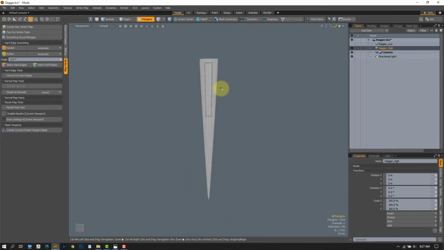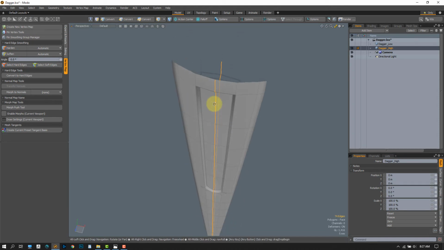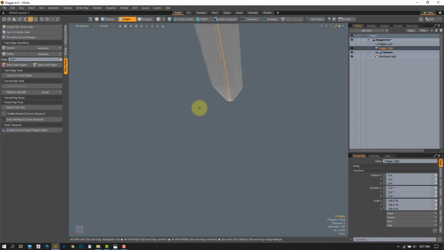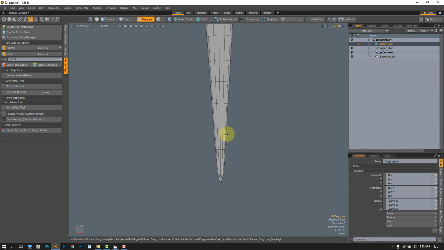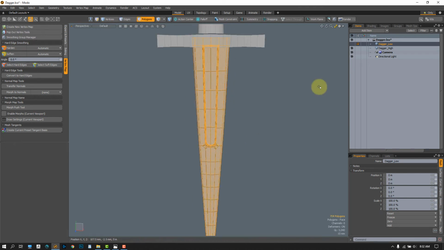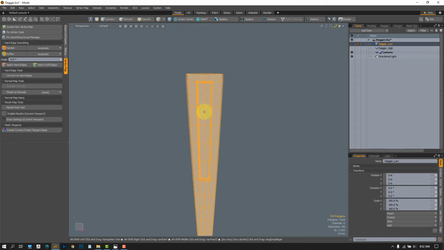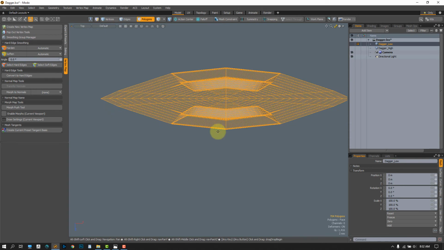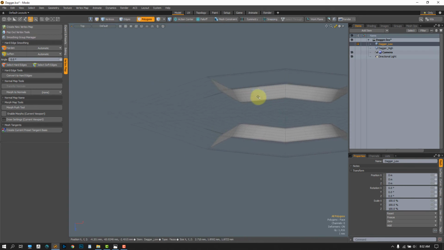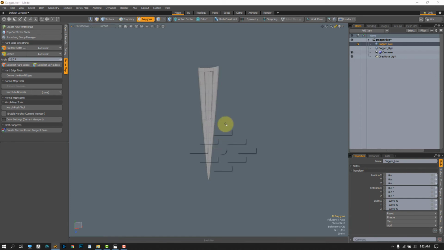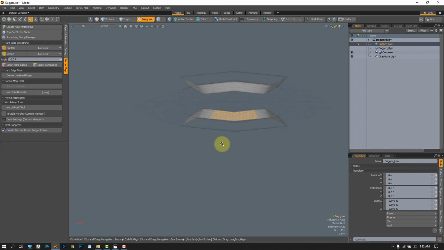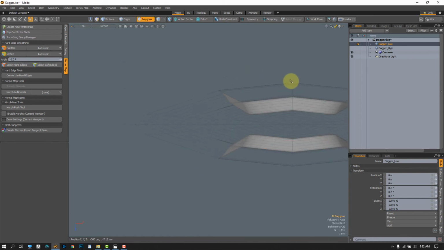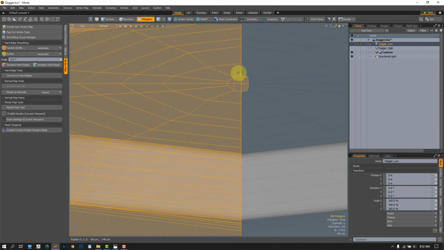Let's actually isolate this selection. I'm going to grab this center edge. So let's do this. I'm going to go to the top view. I'm going to make sure that, okay, this is the inset. So what I'm going to do is grab this half,